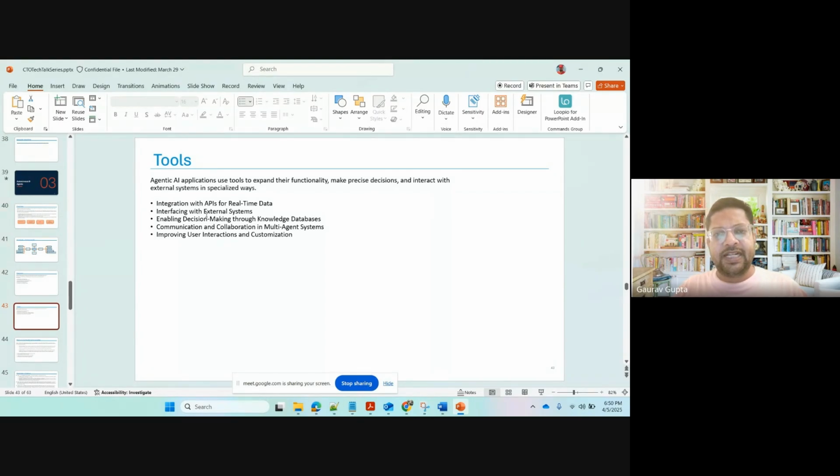If you have heard of Salesforce, they are advertising Agentforce, which is their AI agent, which can automate all the customer agent part of it. Decision-making knowledge bases: sometimes in order to make a decision whether to do this or to do that, you might have to attach it to the ground rules, which is the knowledge base inside your company. And some needs of communication and collaboration. If you're building more than one agent, then they need to talk to each other. There has to be a mechanism by which they can communicate, share messages, and collaborate.